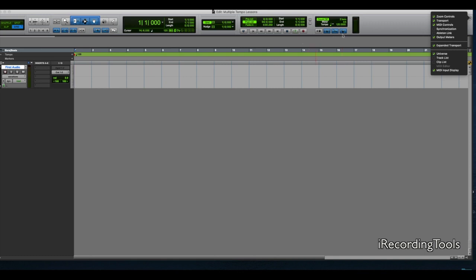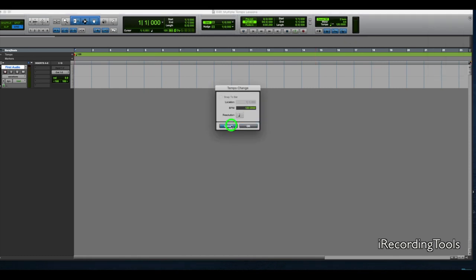The next thing you want to do is make sure the conductor track here is selected, which is selected in blue. And then after that, the next thing you want to do is go right here and click this red tempo editor here. Click that, and you tap in the tempo here where you see the BPM. You tap in the tempo here by hitting the T on your keyboard,